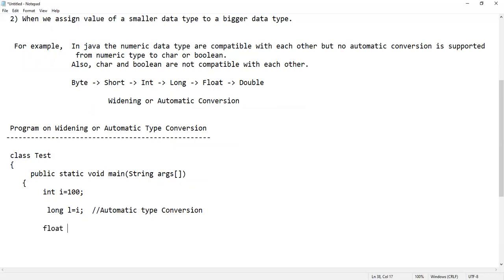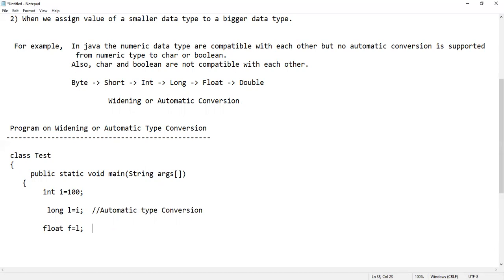Here I can convert one more thing. Float f is equal to I. Sorry, float f is equal to, I can take L also. L is also a bigger data type, because it takes 8 bytes of memory. So long can store whatever data we have stored in long, and that can easily be stored in float also.